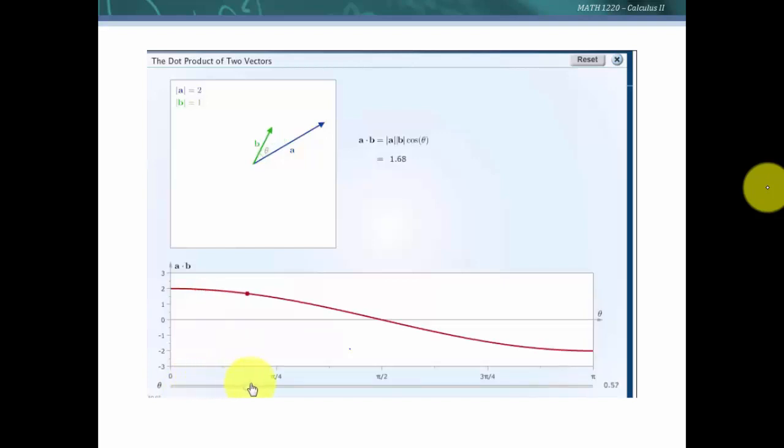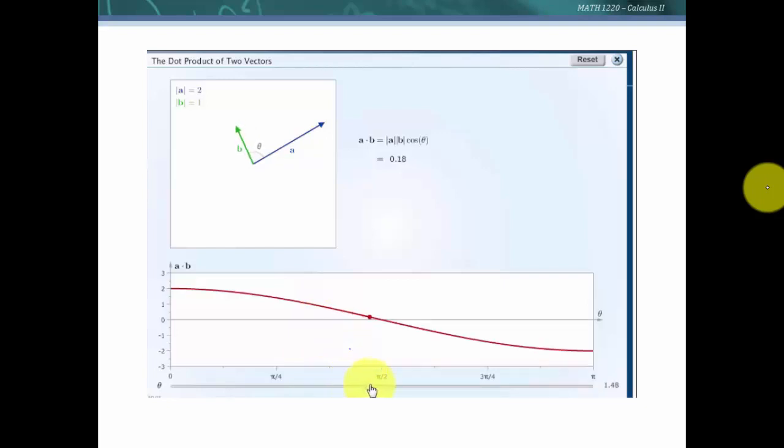So here below we are graphing the dot product, and up here we see that we have the combination of cosine theta and the magnitude of A, magnitude of B, which is the dot product. And we see that that dot product is positive. We see that it is decreasing as we do this,